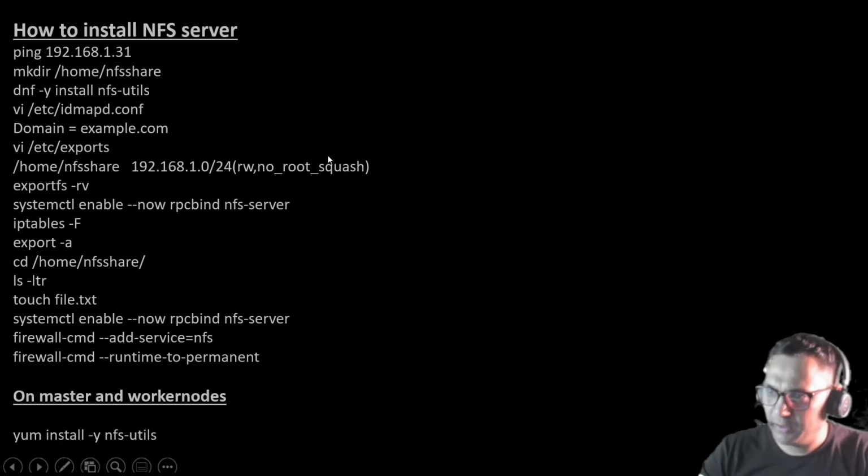How do I install the NFS server? First, I ping the network and check whether the networking part is good or not. So 192.168.1.31 is my master IP address. After checking, I created one directory inside home, NFS share data, and then ran dnf -y install